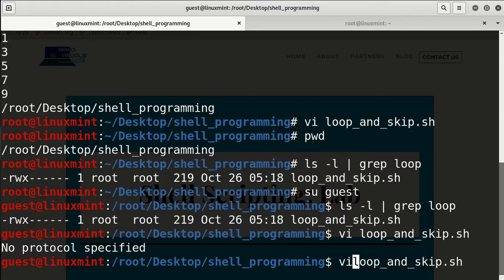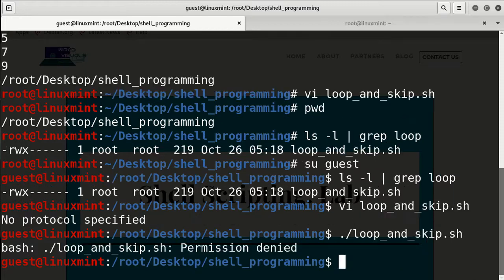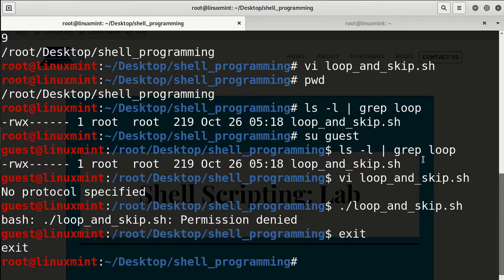Even if we try and execute it, permission will be denied. So that's one of those things with changing file permissions, and then we'll just exit and go back. So basically this is very important. Playing around with the file permissions, as we'll see, is very important, because when you are not root, you don't get to perform everything, but when you are root, you have the absolute rights and freedom to actually do whatever you want within the system.